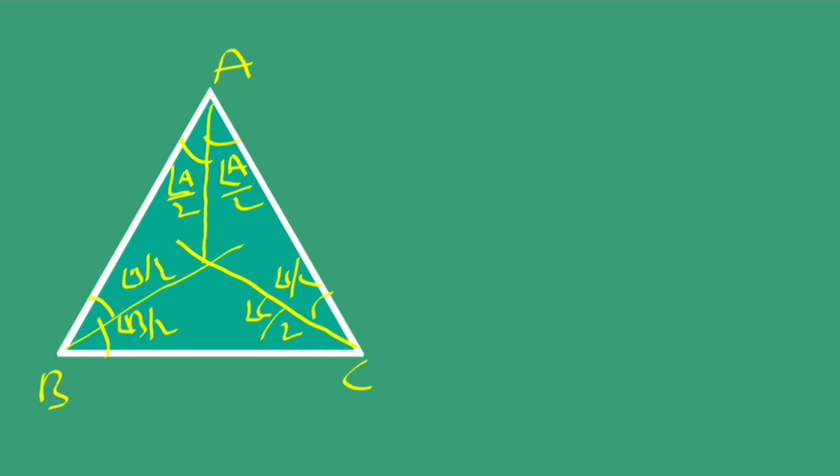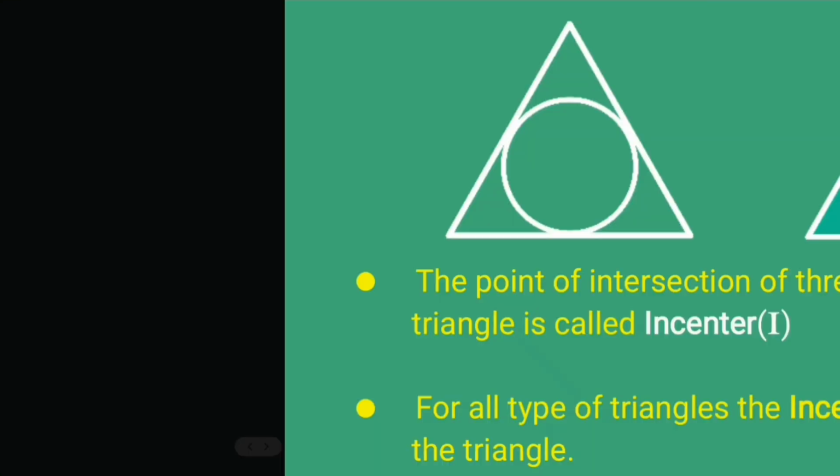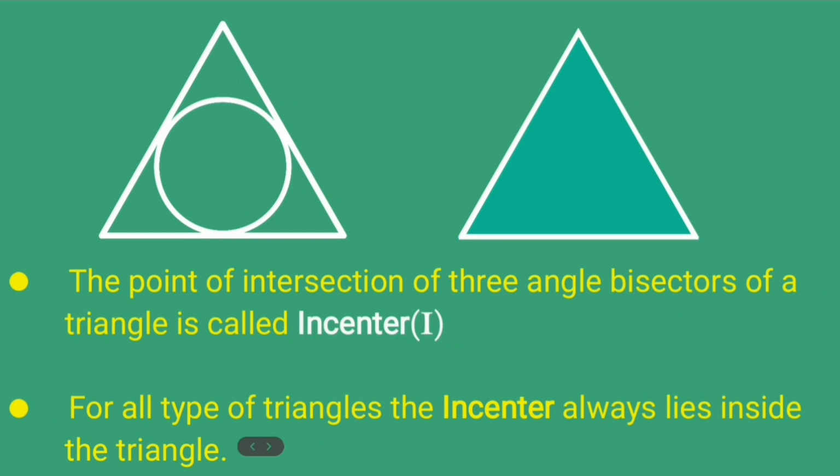These are the three angle bisectors in one triangle. These are the angle bisectors. Next, now here if you see,